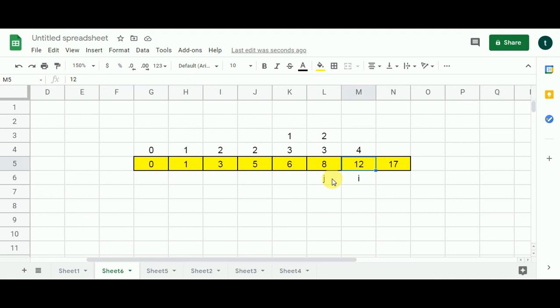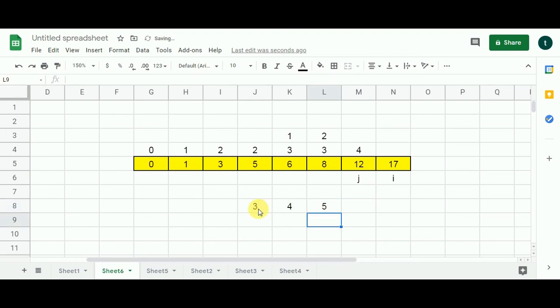Alright, we don't have to consider this one because we have already found out that the frog can progress to the next stone. So J goes back to its base position and I comes here. Now we are going to bring J directly over here because I know and you also know that the last jumps recorded in all these stones are not going to take the frog here. So over here, let's consider the last jump, which is 4. The next jump possibilities will be 3, 4 and 5.